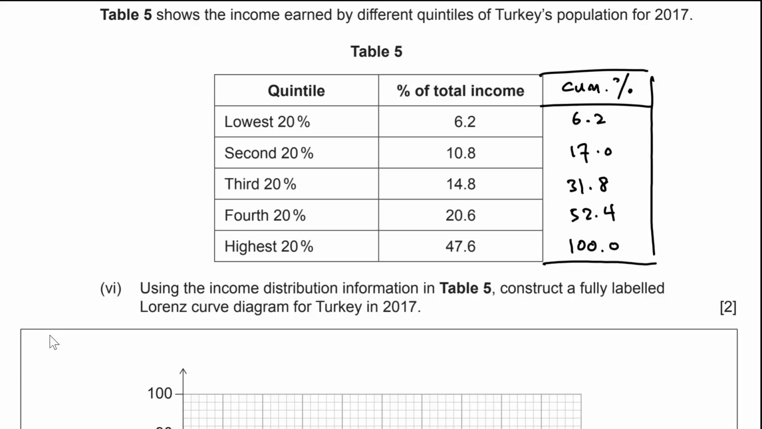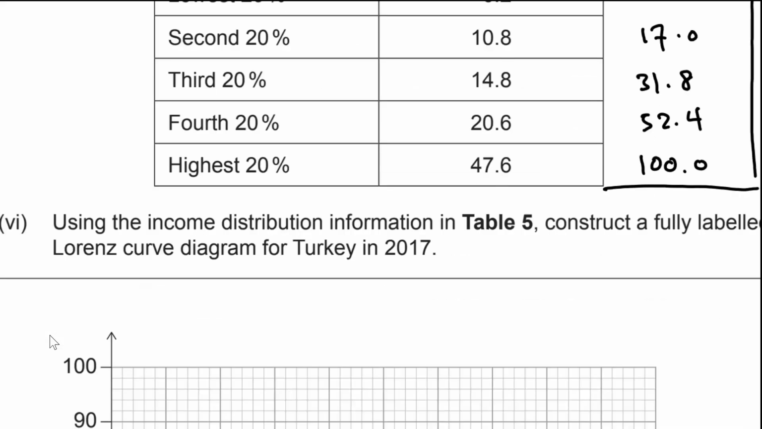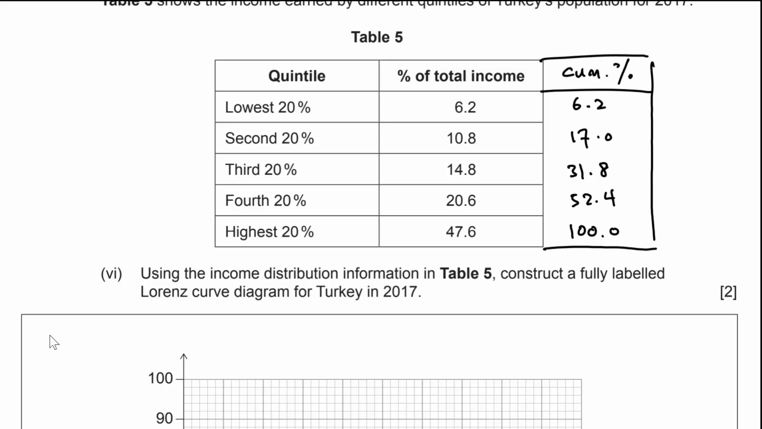I've created an extra column for the cumulative percentage. So the way this works is that the first quintile is going to be 6.2%. Therefore, the cumulative amount is 6.2%, right? Everything from the 0 percentile to the 20th percentile, the lowest group, is going to account for 6.2%